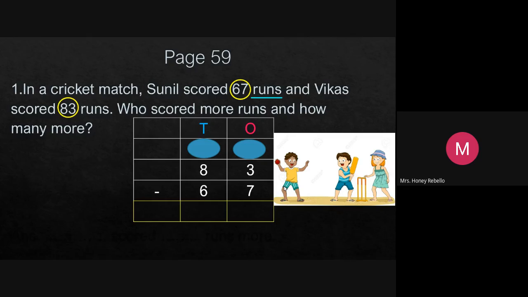Again 83, underline. Next sum, whoever I'm going to ask, you have to tell me. Now please circle the numbers only for this sum. And I'll ask you to show the textbook for special class time, Tuesday, Friday. Then the neat work, you will get marked. Circle 67. Did you circle, Taranish? Yes, ma'am. Okay, good. Now we have to find out how many more runs Vikas scored than Sunil.